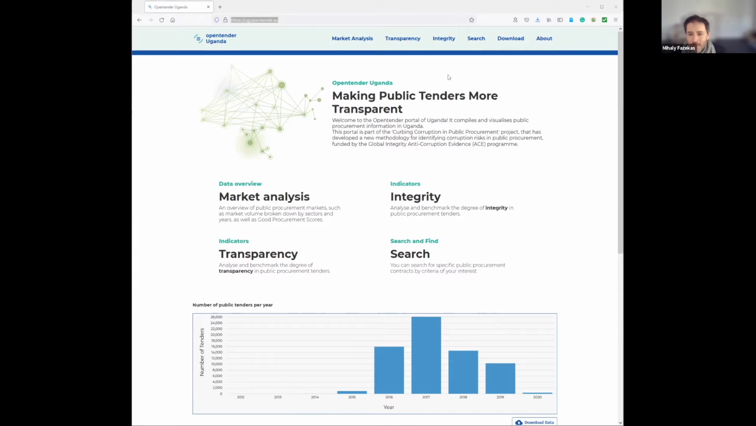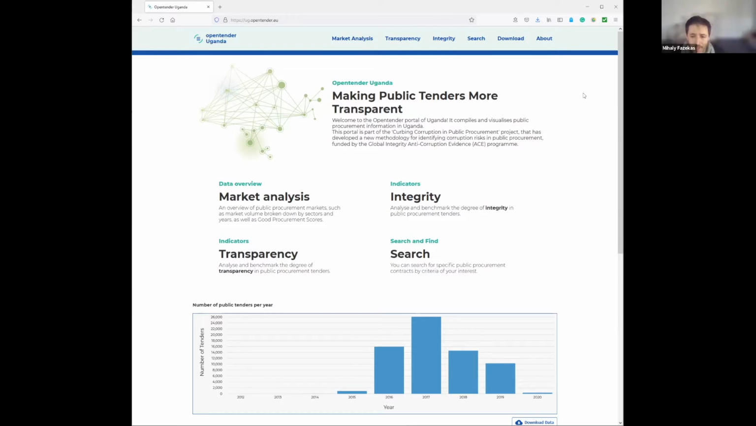Now, okay, so what is this? So Open Tender Uganda, just like Open Tender Jamaica, follows a European innovation, one of the first portals in procurement and data analytics, opentender.eu. And we used that template and adapted it to the local context, the data, the risk profiles, and a number of other things in Jamaica and Uganda. And basically, this Open Tender portal